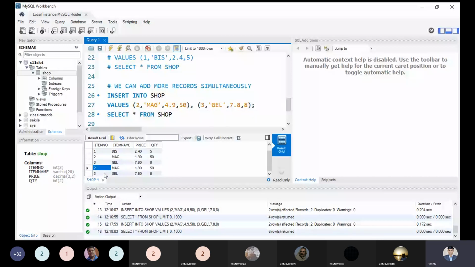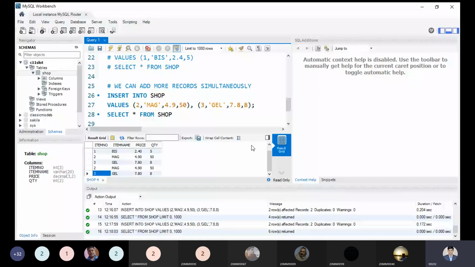Now visible. The duplicacy we can have because we are not applying any constraint on my particular column, that is item number. So that is the time we have to use the primary key or foreign key, that is the key constraint. It means that particular column should have uniqueness. But we will see this part later on. But let us understand the fundamental part. What is meant by all the syntaxes after creating all these things.